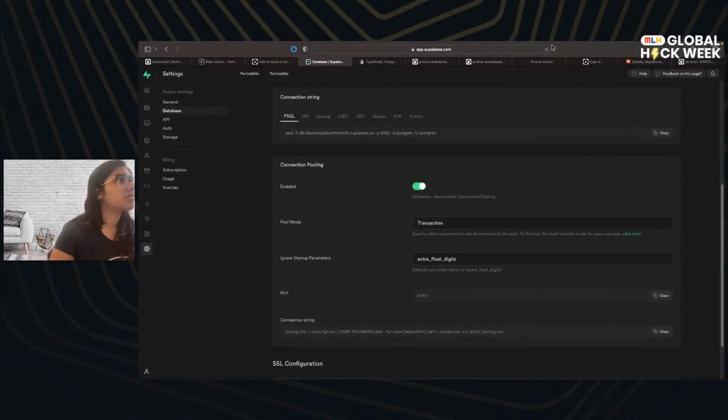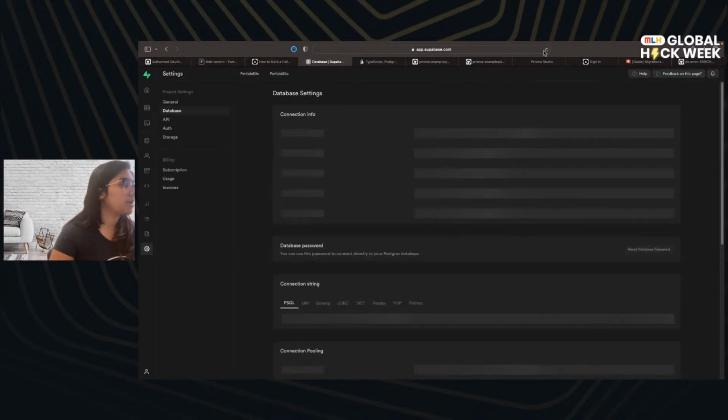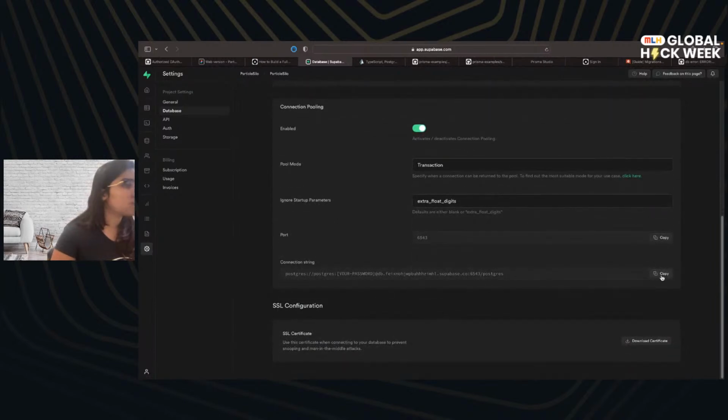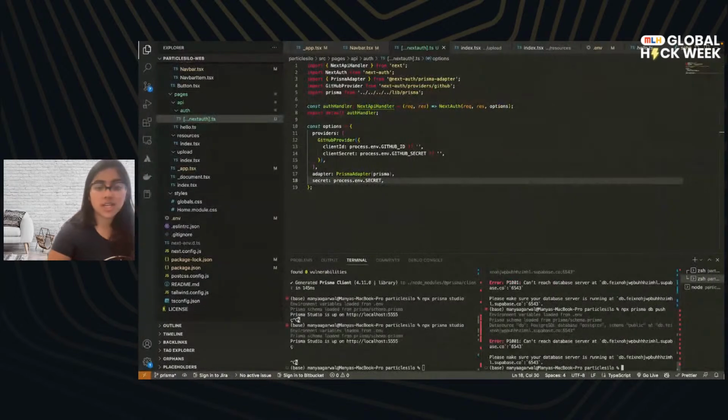Okay, it's telling me it failed to enable connection pooling for me, but it has. Okay, so I'm just gonna take the connection string, go away from stream here for a tiny second and put the connection string here. I want to put my password here before this. Okay, starting from here to here, and there we go. And now just copy paste the whole thing inside here. All right,